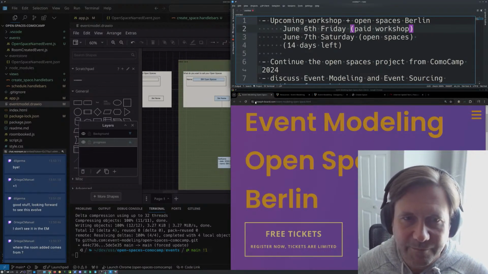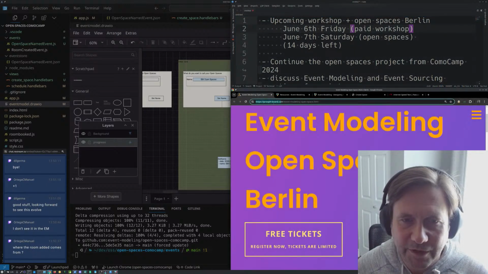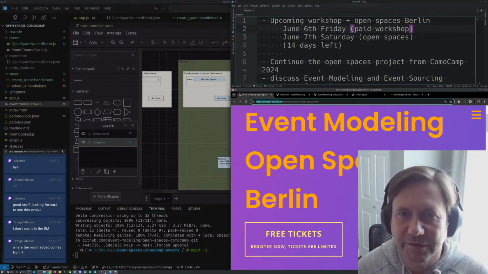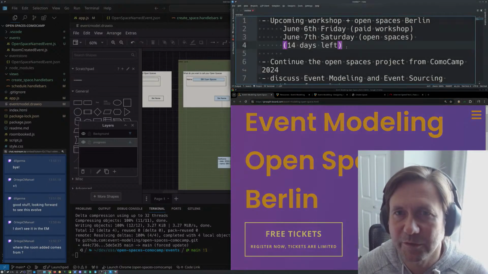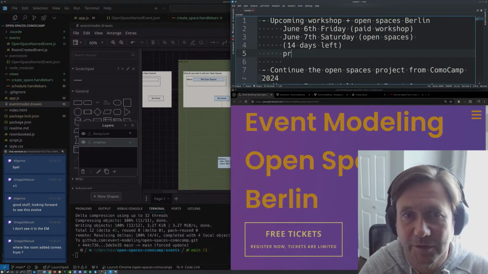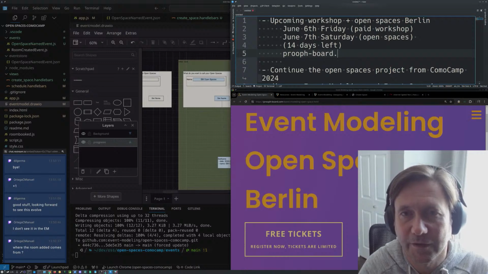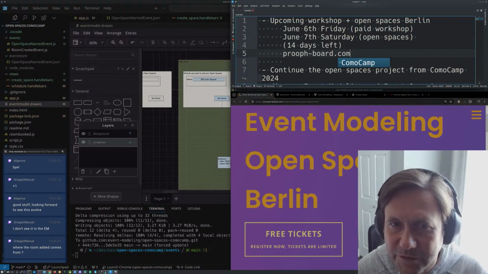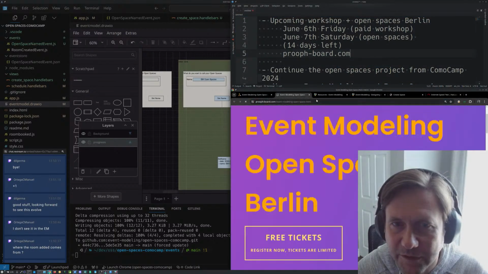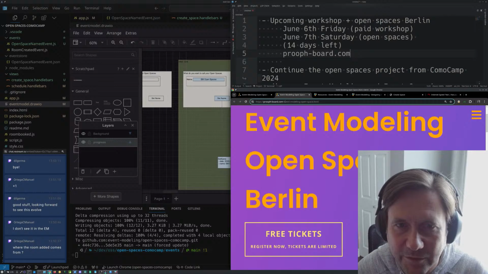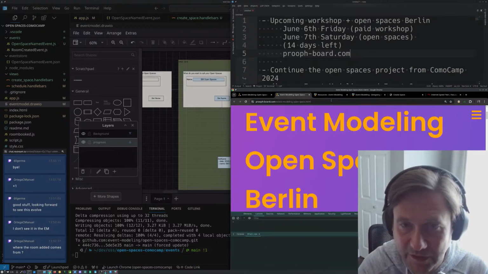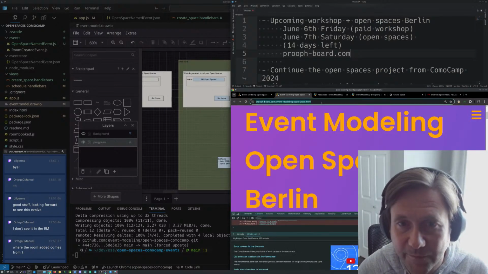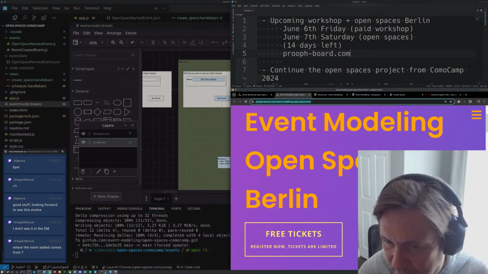But anyway, this is Proofboard here. I don't think you can read that, but proofboard.com is where you go. So I'll just put it here, .com, and there should be a link there. I'm not sure if there is. Let's duplicate this tab and just see where you end up when you go there, just to see if it's easy enough to navigate.